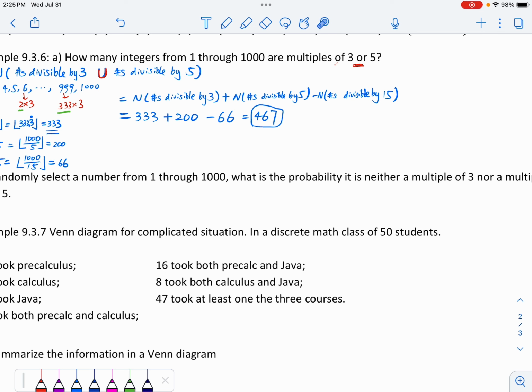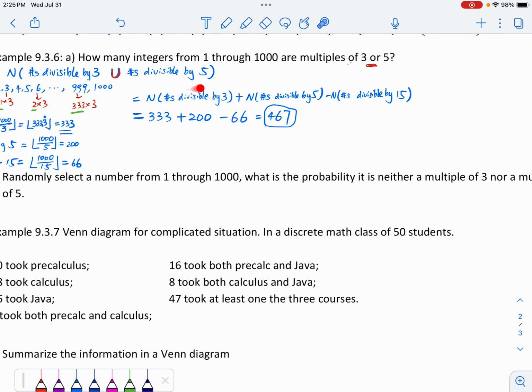So that means we already found the number of integers that are divisible by 3 or divisible by 5. And this, neither a multiple of 3 nor a multiple of 5, is the complement of that. So therefore, it is going to be 1 minus the probability of